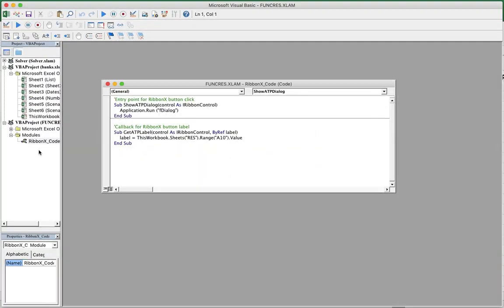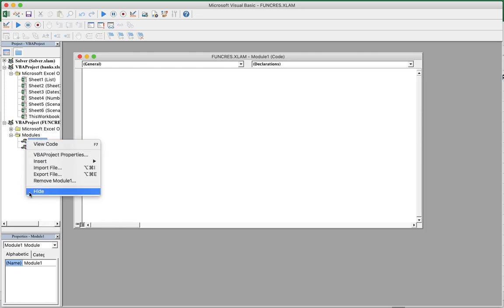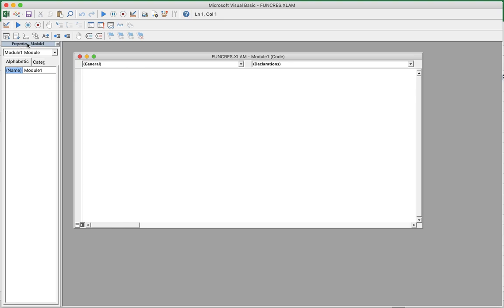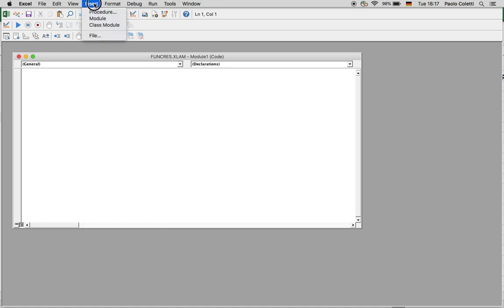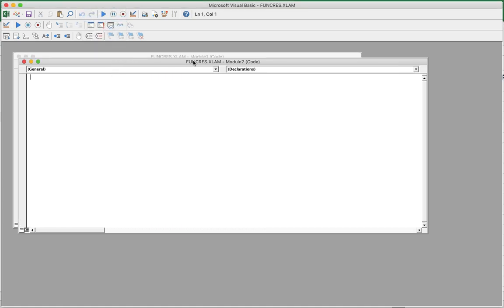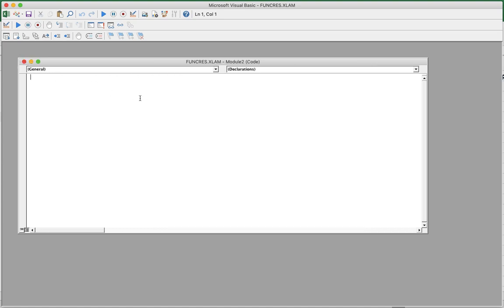Right click, insert module. Oh, it's not in the right place. Or probably yes. No, it's not in the right place. What did I do? I did a mess. This is what happens when you don't study. Insert module. Okay, let's write it here. The professor will be